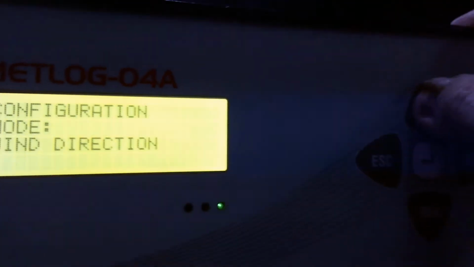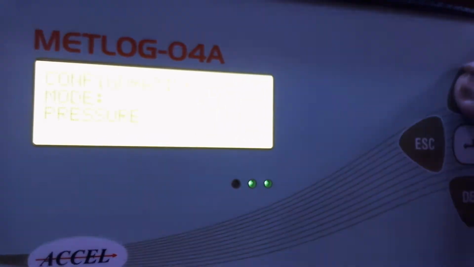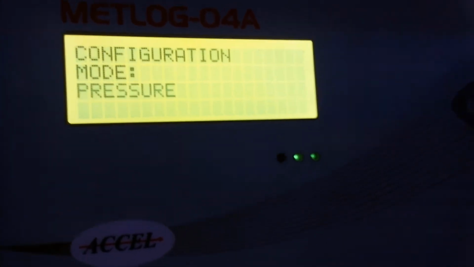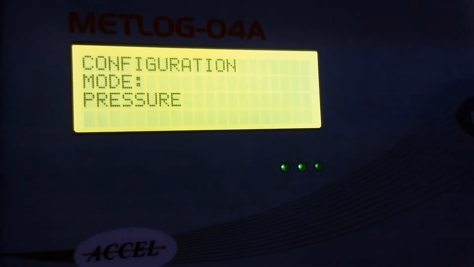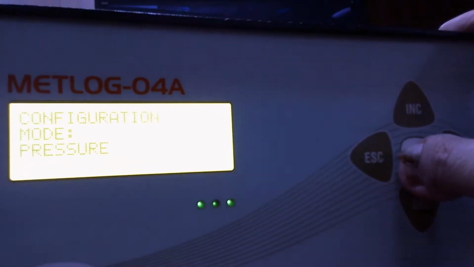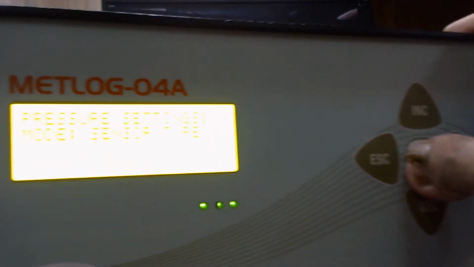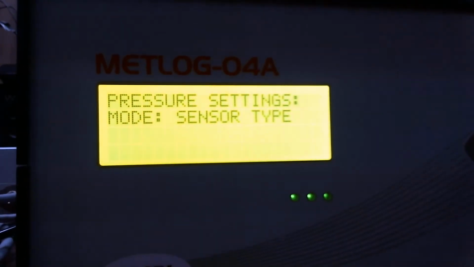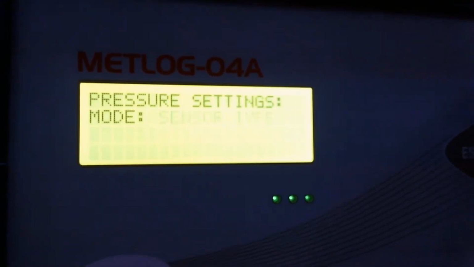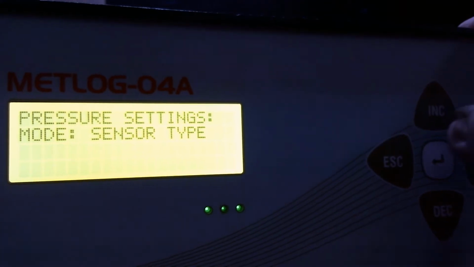Then the next setting is pressure sensor configuration. To go into that mode, press the enter button. The first setting for pressure sensor configuration is sensor type. Which type of sensor?